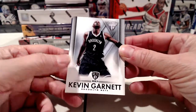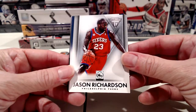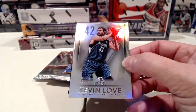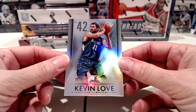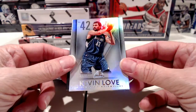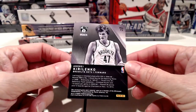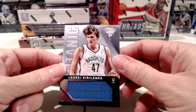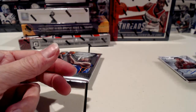Kevin Garnett for the Brooklyn Nets. I didn't even remember Kevin Garnett ever playing for the Brooklyn Nets, but nonetheless, there he is. Jason Richardson for the 76ers. Looks like we're going to have a Kevin Love hit for the T-Wolves, but it's a numbered insert. Looks like it is numbered to 42, which of course is his jersey number. So that's a numbered to 42 refractor insert for Kevin Love on the T-Wolves. And then we have Kirilenko for the Nets. The Andrei Kirilenko jersey hit for the Brooklyn Nets. Well, that's an insert, so...